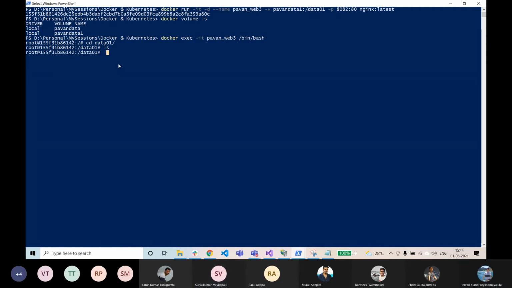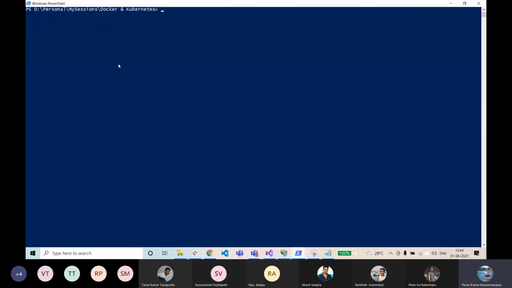Yeah. Okay. So this is the only difference between anonymous volumes and named volumes. With anonymous volumes, let's say you're creating only anonymous volumes, and if you have tens or hundreds of containers, you don't know which volume is associated with which container, all right? So that's the drawback. If you are naming the volume, it will be easy.